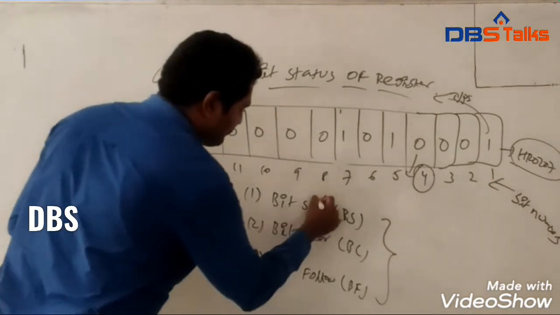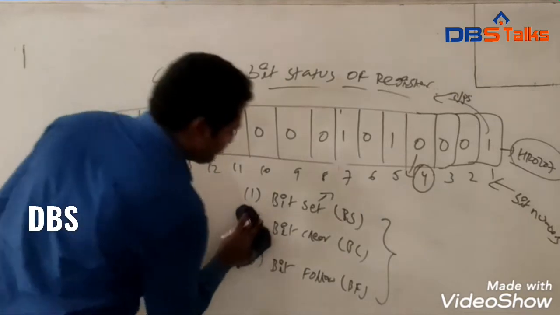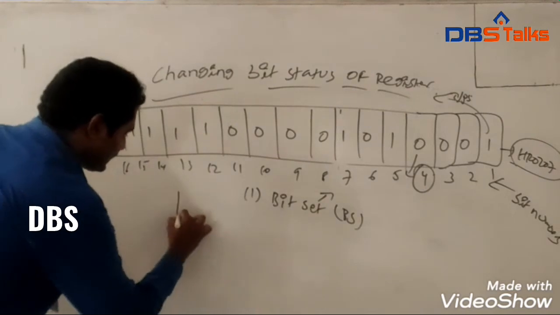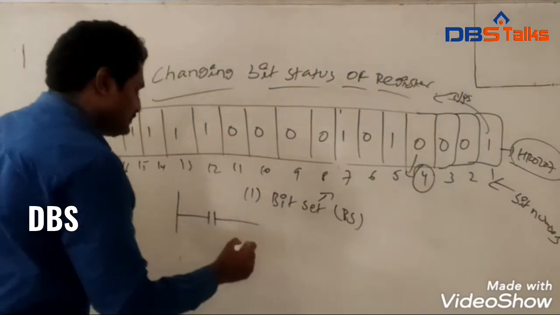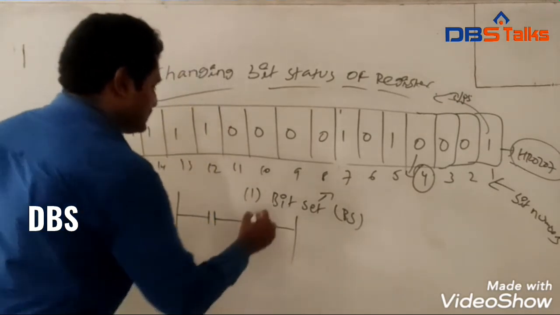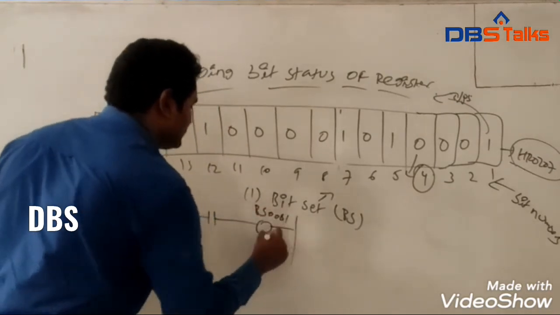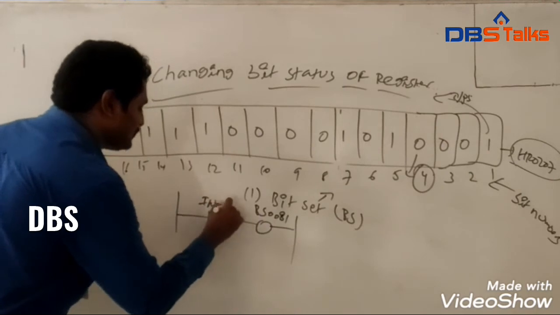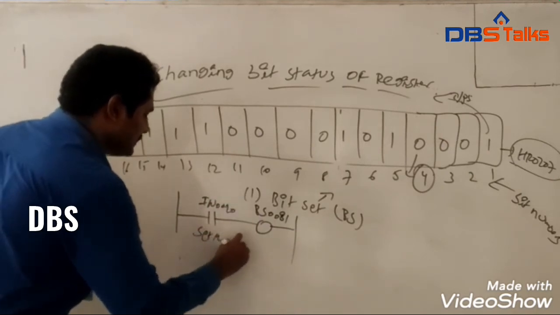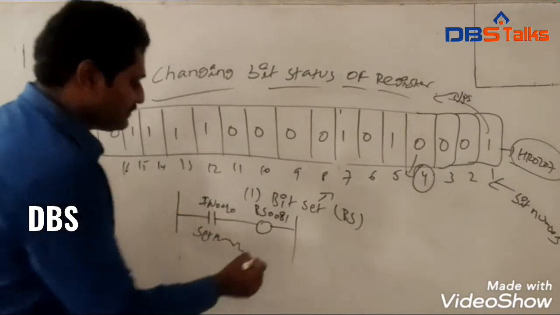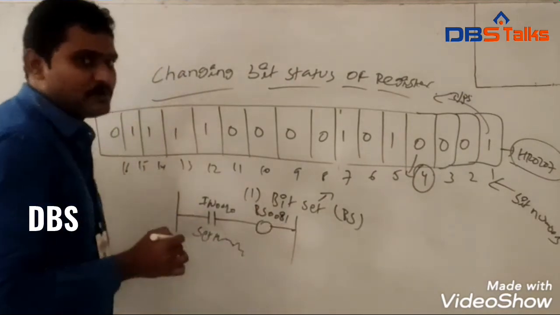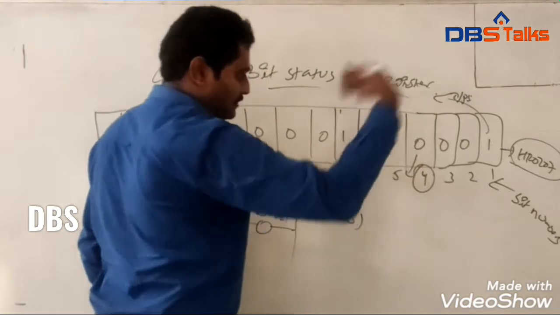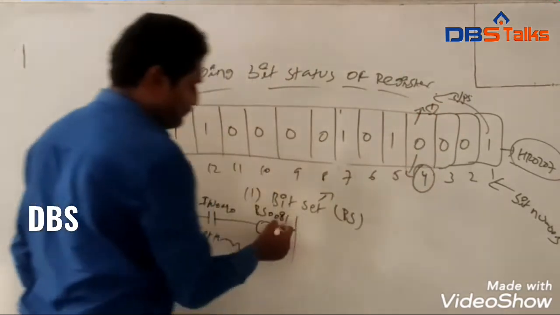By using the first one, bit set, here I am using the bit set function. I am taking one block diagram with one input and one function, BS0081. This is the bit set function, BS00, and here I am taking IN0020. This is the input, setting the input initial condition. If the bit set function is enabled, we have to change the 4th bit status. That means we have to change the 0 value to 1 by using the bit set.